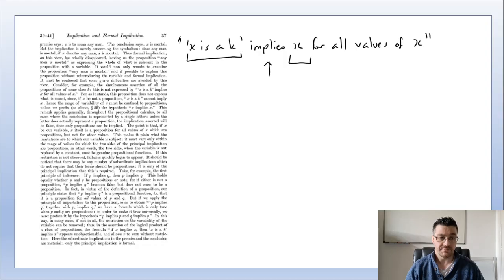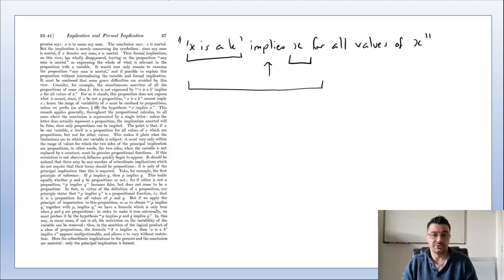Only propositions can be implied. So therefore, this propositional function, X is a K implies X, will be false for very many values of X. So this in no way is going to be a formal implication. So we've either got to accept, as it is here, that this X is a K implies X for all values of X is not going to be a formal implication,